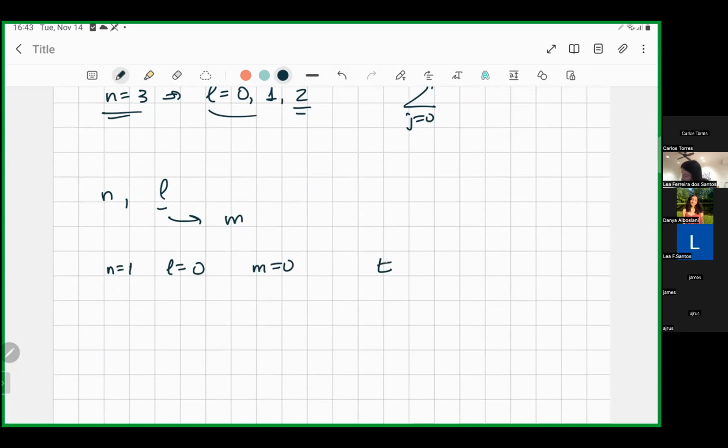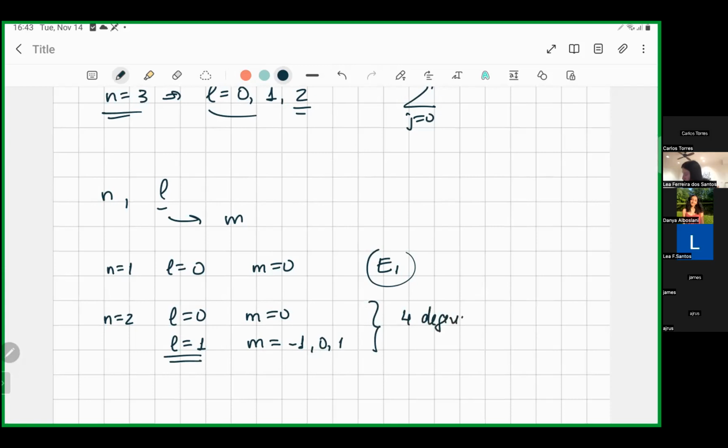So there is only one state with the energy of the ground state. If N is 2, now L can be 0, but L can also be 1. If L is 0, M can only be 0. But if L is 1, M can be -1, 0, and 1. So we have 4 degenerate states